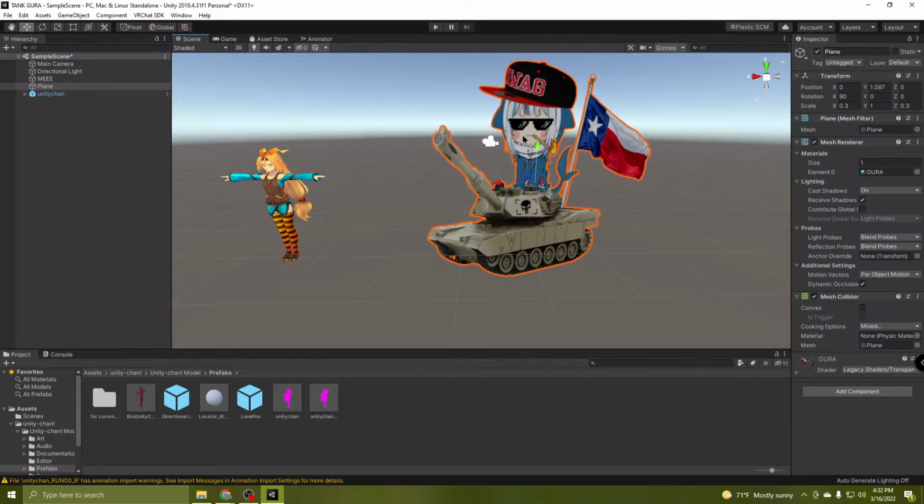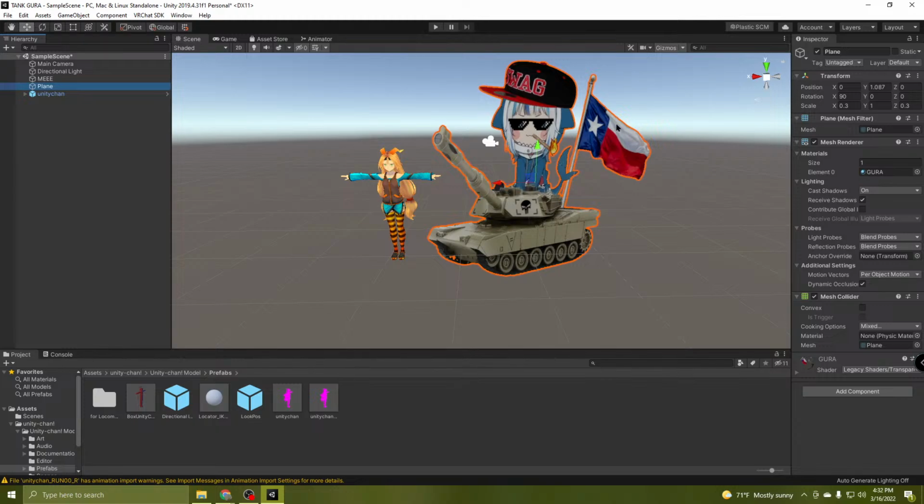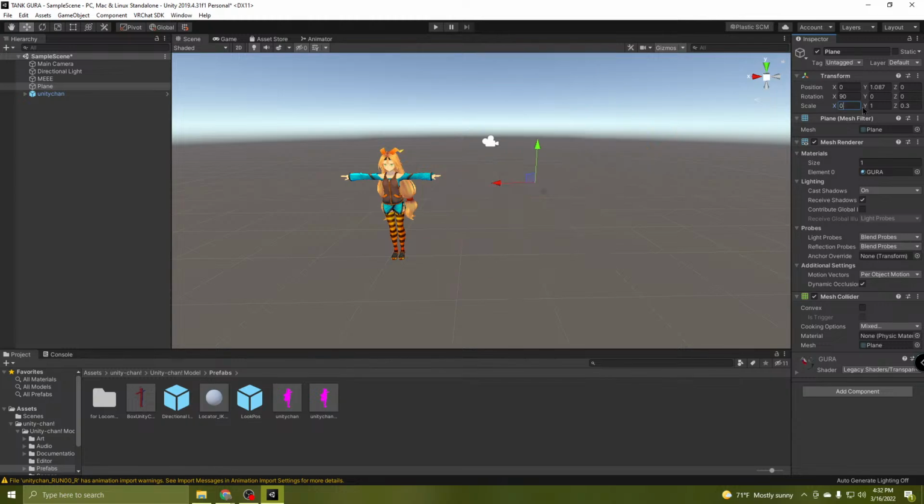I want to get this to be smaller than the average VRChat player. You know what I'm saying? That way people don't get bothered by this. So that's the biggest thing right now, is trying to scale her down. So 0.2